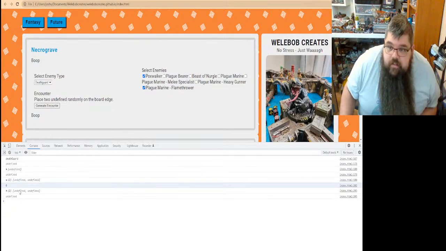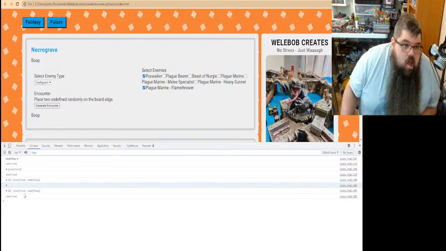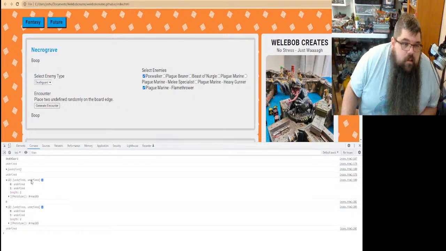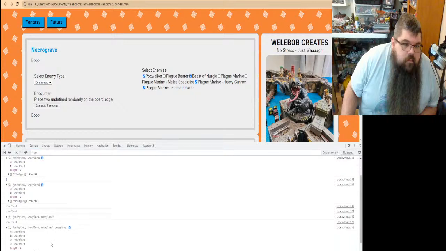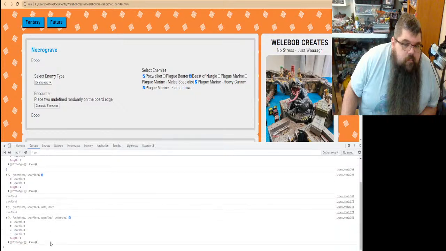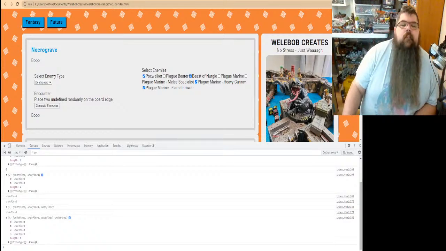The length is 0 there. Undefined, undefined, undefined. What? Okay.